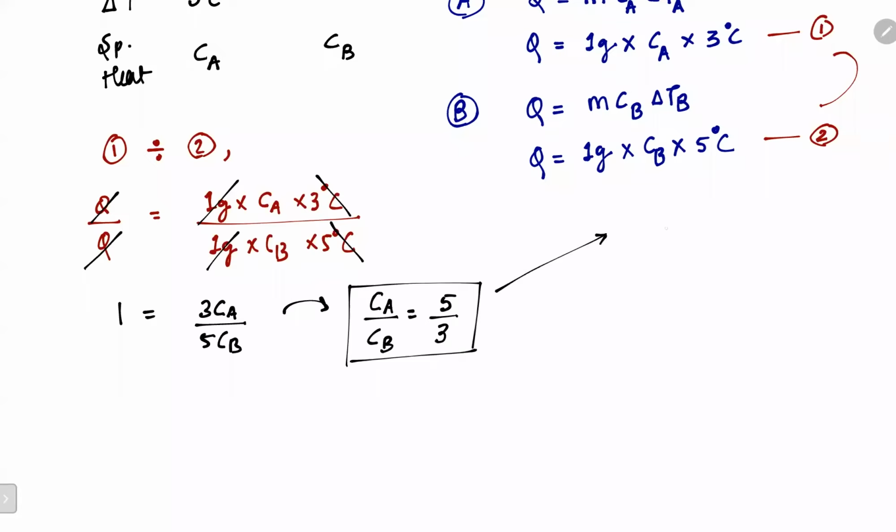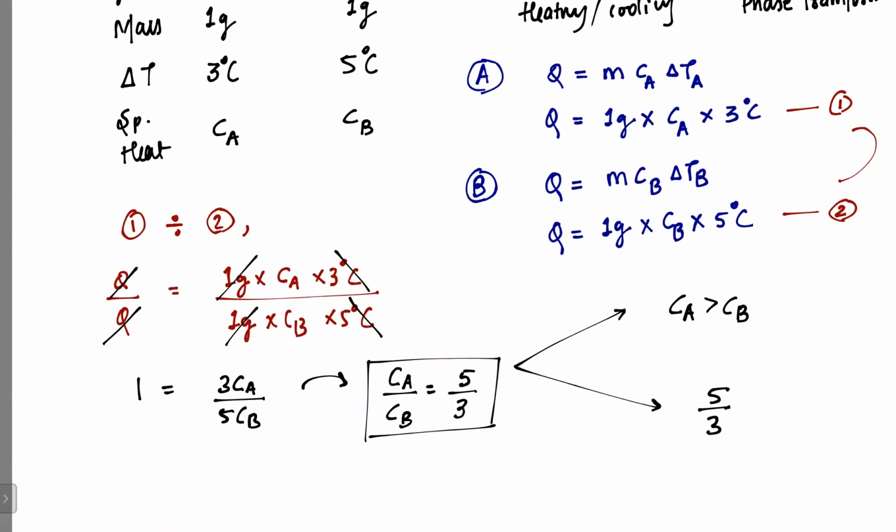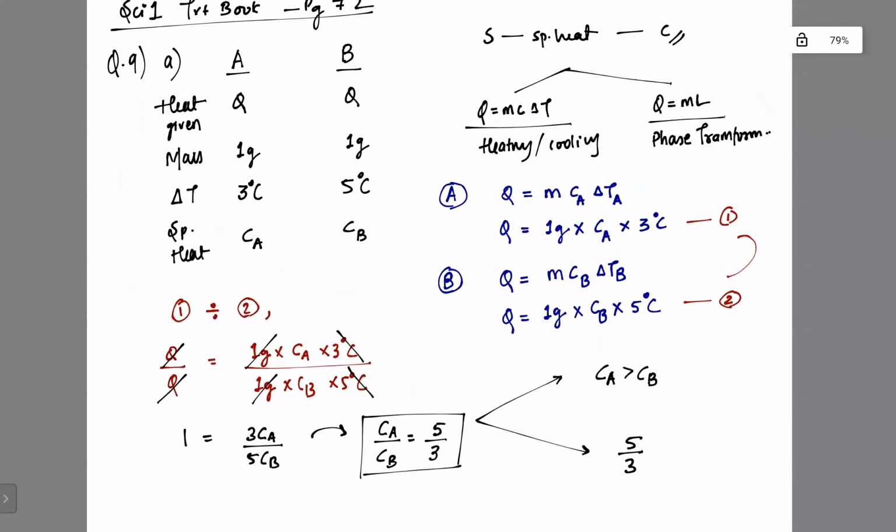What does this mean? It answers the first question that Ca is greater than Cb. So obviously the first question is answered. And by what factor? Ca is greater than Cb by a factor of 5 by 3. Agree? Yes. Beautiful. Now I want you to look at the complete solution